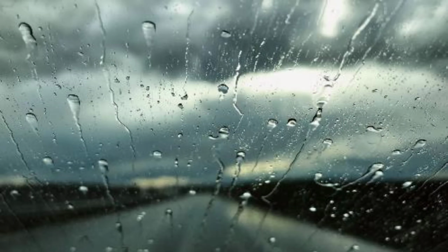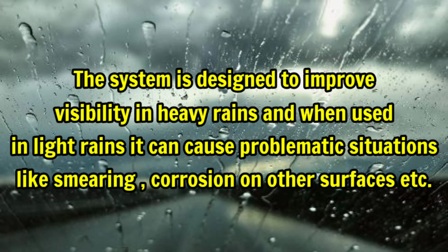An important point to note here is that the system is designed to improve visibility in heavy rains only when the wipers are not sufficient, because if otherwise used, the liquids may have adverse effects because of its excessive corrosive nature, as well as may also cause smearing of the windshield when both wipers and rain repellent systems are used in medium rain. In simple words, the rain repellent system just works like a hydrophobic coating, thereby preventing the water to stick to the surface and convert into small beads and flow away with the airflow.